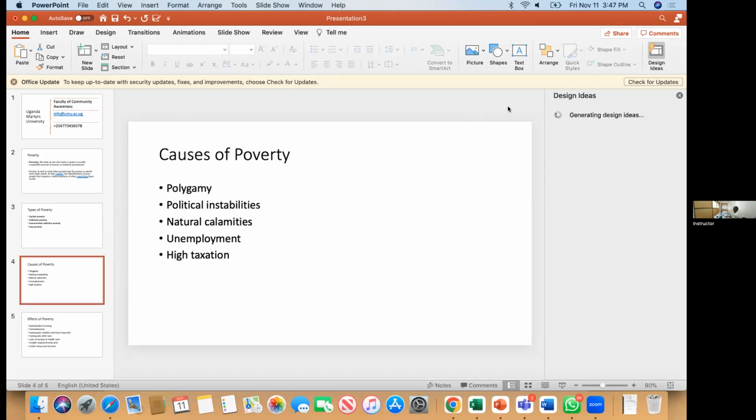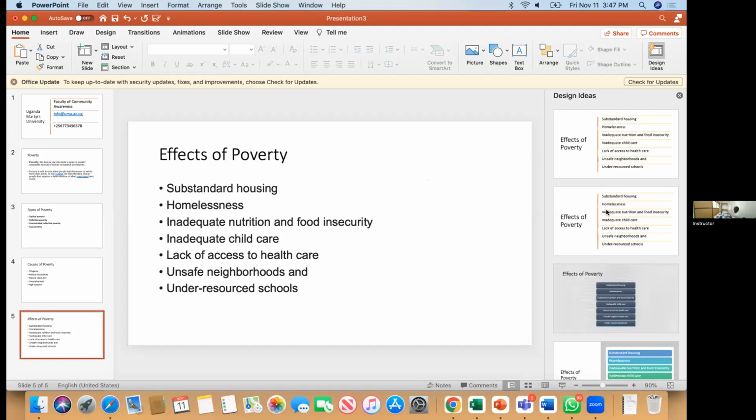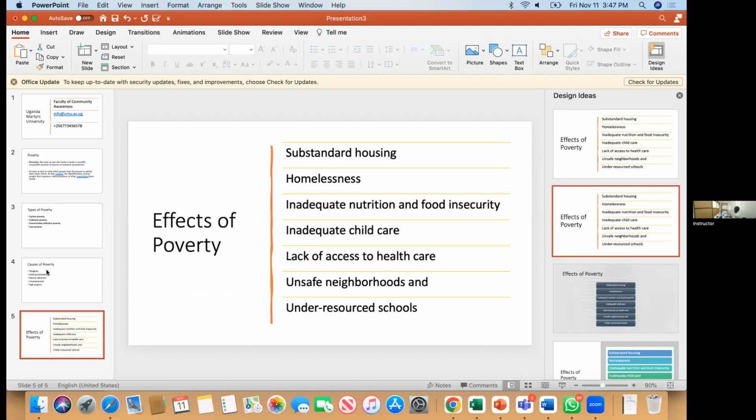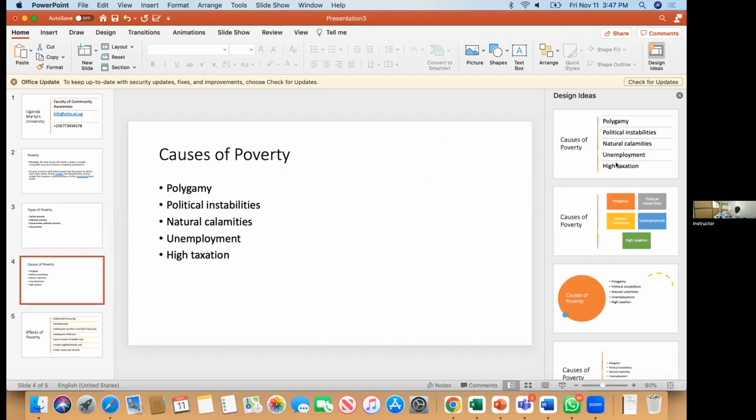Yeah, so everything is generated from online. That is why you see that some don't load, because my network is a bit unstable. Otherwise, it is supposed to give me suggestions for all of the slides in my presentation.